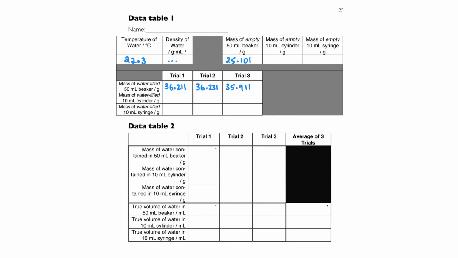So everything in data table 2 is a calculation. These ones that are asterisks are ones that you've got to show your work on the next page. So let me go ahead and show you what this would look like. So this would be your full 36.211 grams minus your empty. So that's 25.101 grams. And your calculator is going to say something like